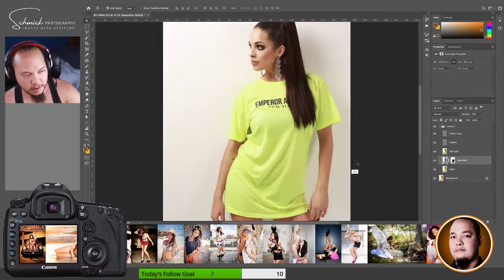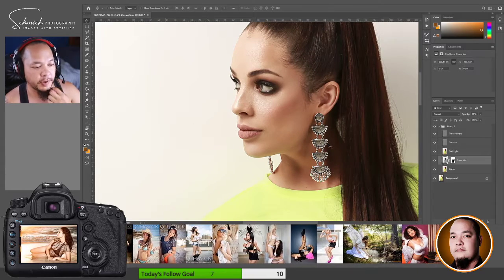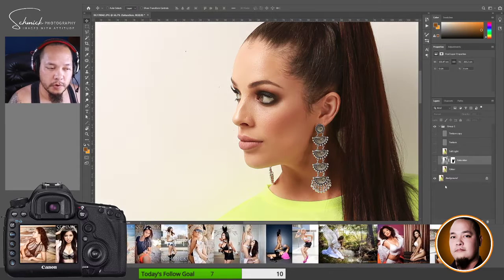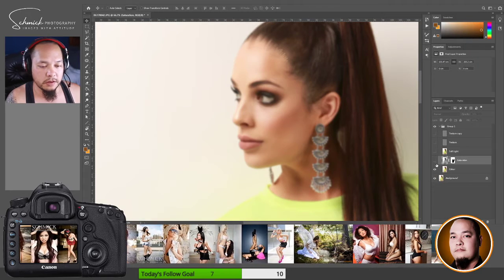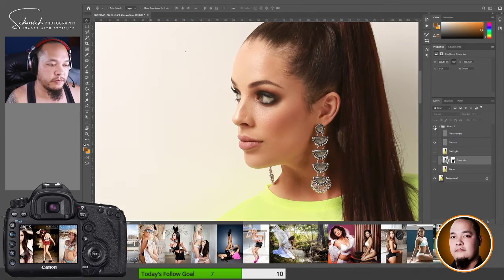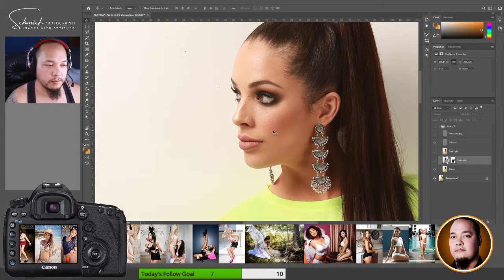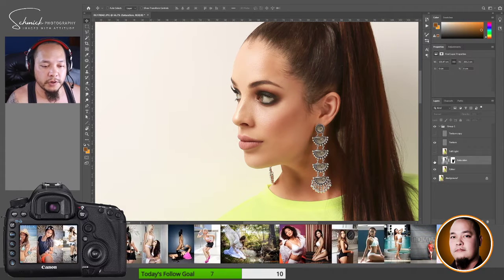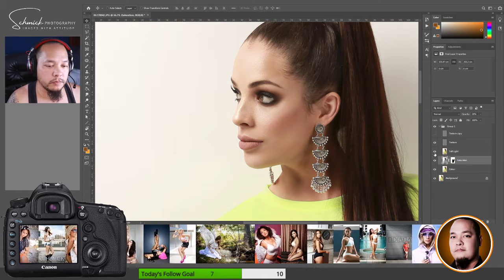But yeah, so the main one here was our frequency separation. The reason it's important is because that's what we're playing with most of the time. So we are before, and then we've got our color and tone layer combined with our texture layer, which has been edited. Okay, so we've kept and sampled all these good solid skin textures, skin cell textures, and brought in our tonal drop, saturation drop, soft light,